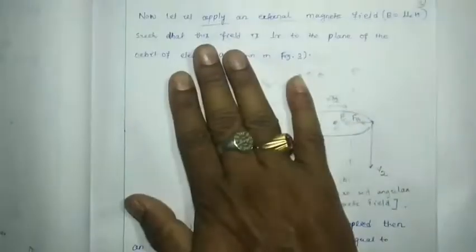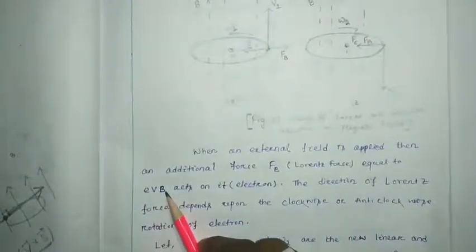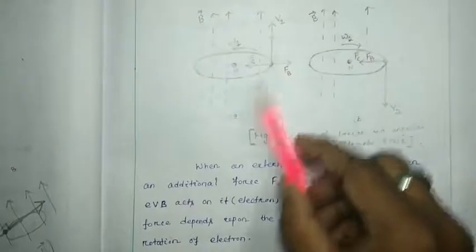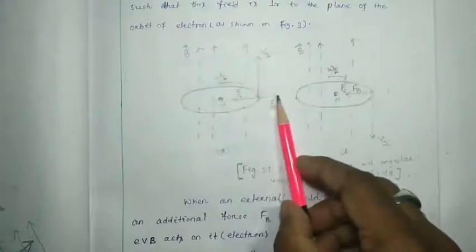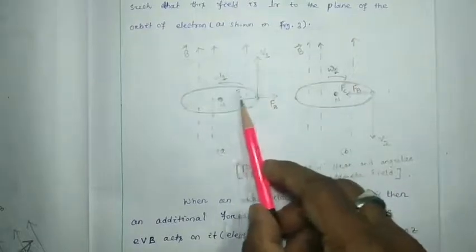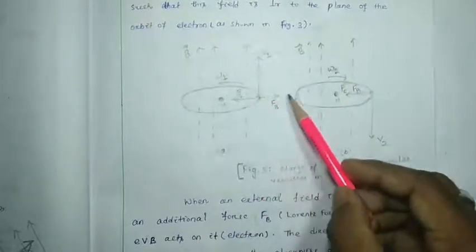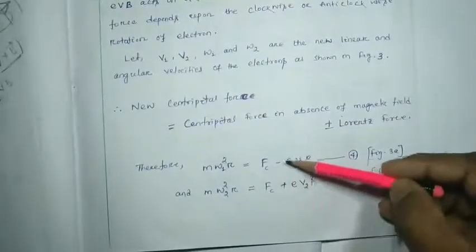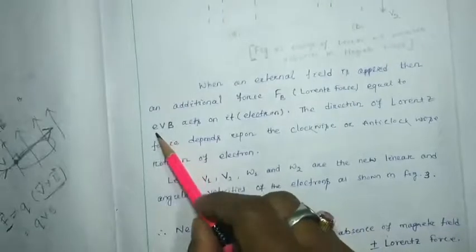The magnetic force or the Lorentz force is going to be induced. This Fb will be nothing but e v B. For electron 1, it will be e v1 B, and as this one is opposite to the centripetal force, the net centripetal force will be Fc minus Fb. So the magnitude of Fb will be e v1 B